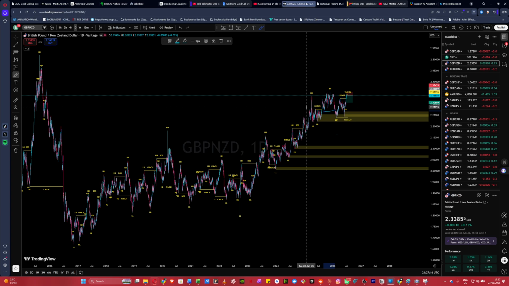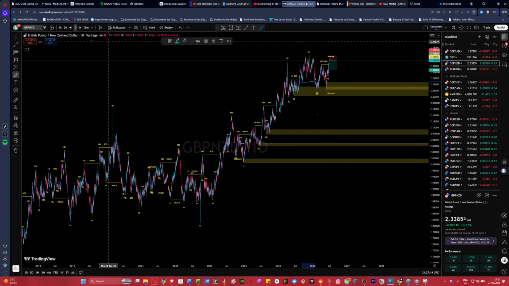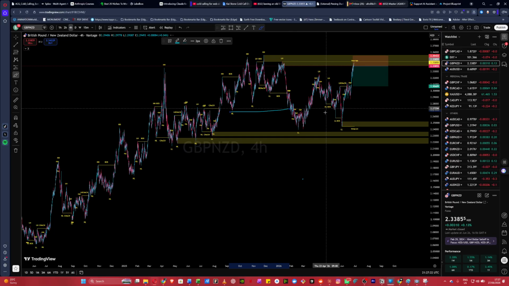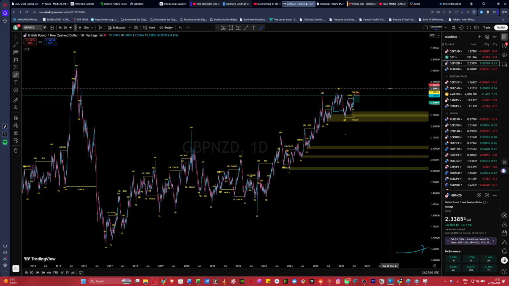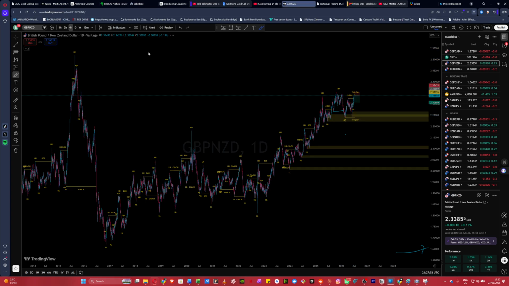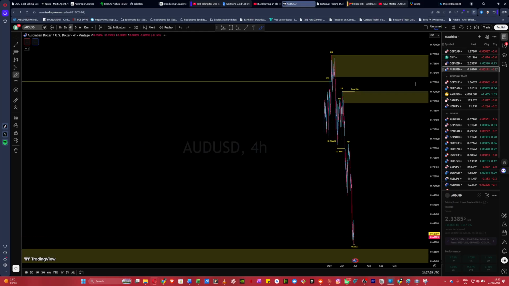Zoom out, look at the daily. Okay, clearly. Look at this one. Zoom out clearly. So this is also another, what do they call it? Accumulation phase, right? So it's gonna bounce around for some time, and then this one is definitely gonna keep buying up. If you look here, it's been on an upward direction for the longest time. So yeah, it accumulates and then keeps going. So yeah, that's for GBP and ZD, and then we wait.